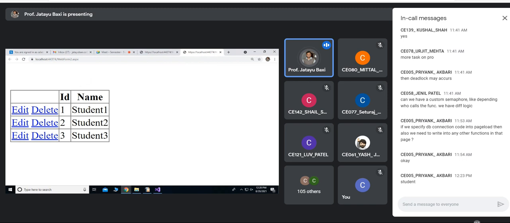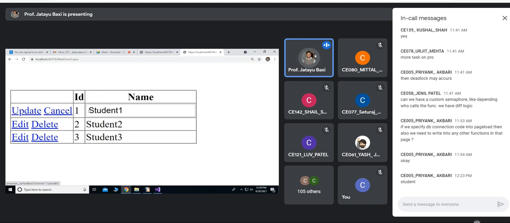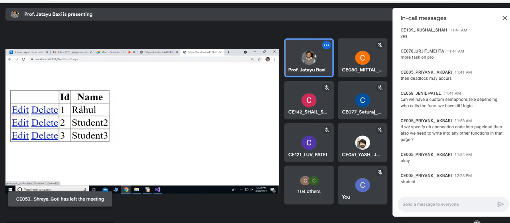Now you can see that I can edit and I can also delete. Let's say I want to edit the name of student one. I'm updating the name, then I have to click update. So it is updated.